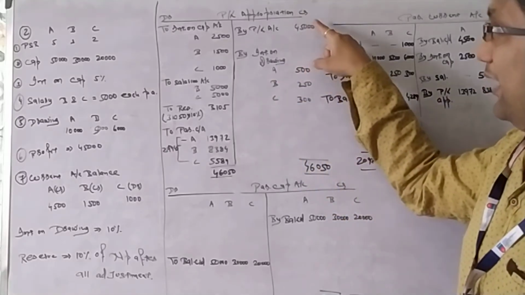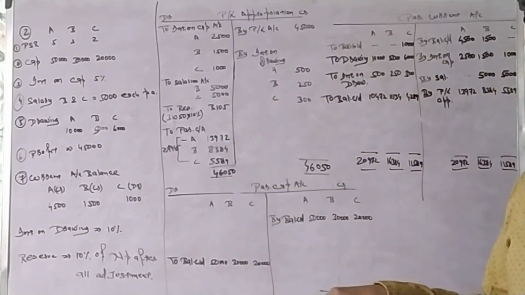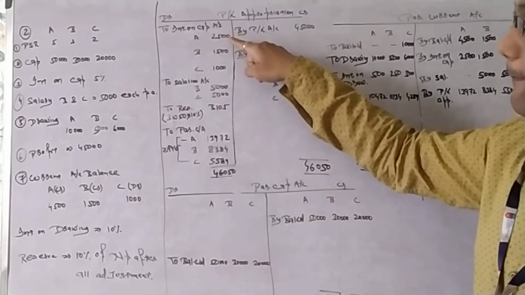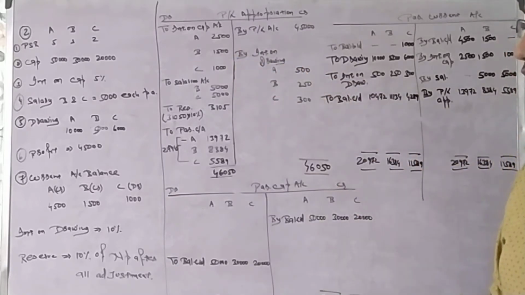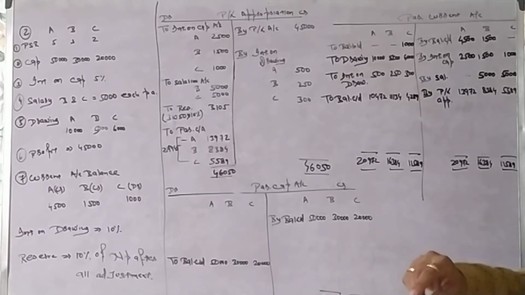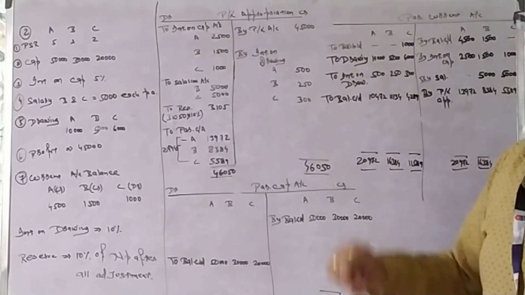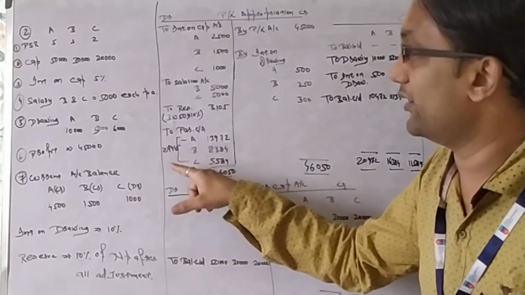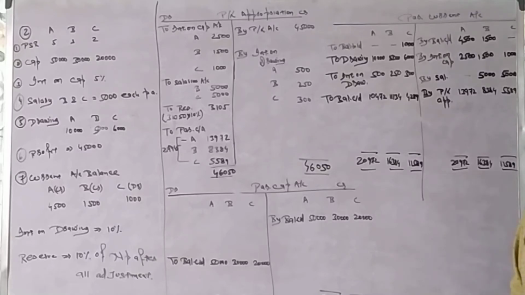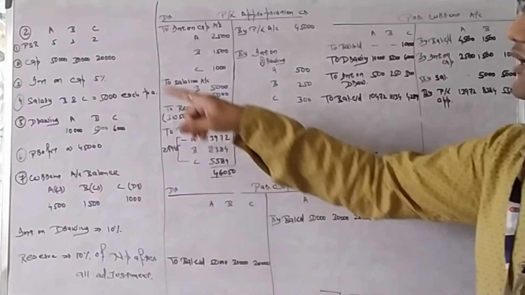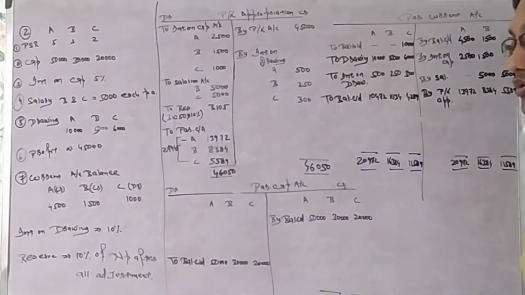Now, after adding all these and deducting all, including reserve, we will get our profit. That means 45,000 plus 1,050 minus 2,500 minus 1,500 minus 1,000 minus 5,000 minus 5,000 minus 3,105. That means P&L plus interest on drawing minus interest on capital minus salary minus reserve. We will get our profit, that will be 27,945, which we will distribute among A, B and C in their PSR 5:3:2. Our P&L appropriation account is done.